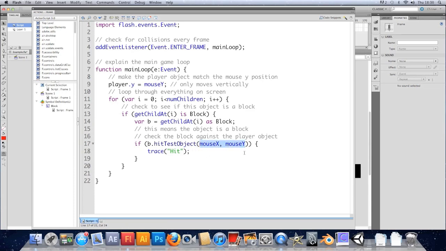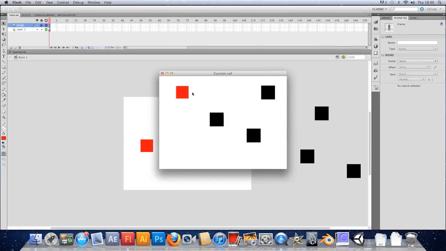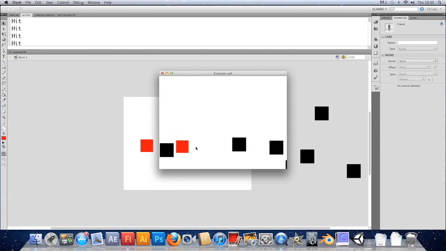And in the brackets, all we need is the name of the object, which is called player, not parent, as I was starting to type. So if b.hitTestObject(player), trace hit. Save that and try it out. So player is now following the mouse, and if we touch any of the black blocks, we get lots of hit messages,